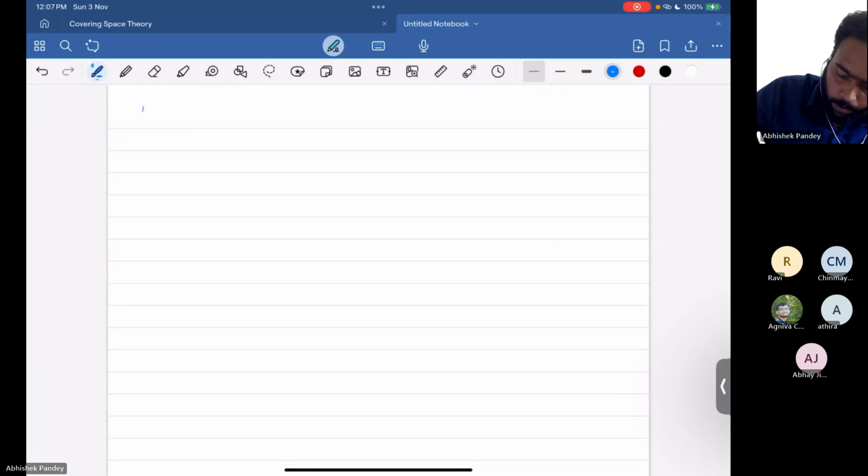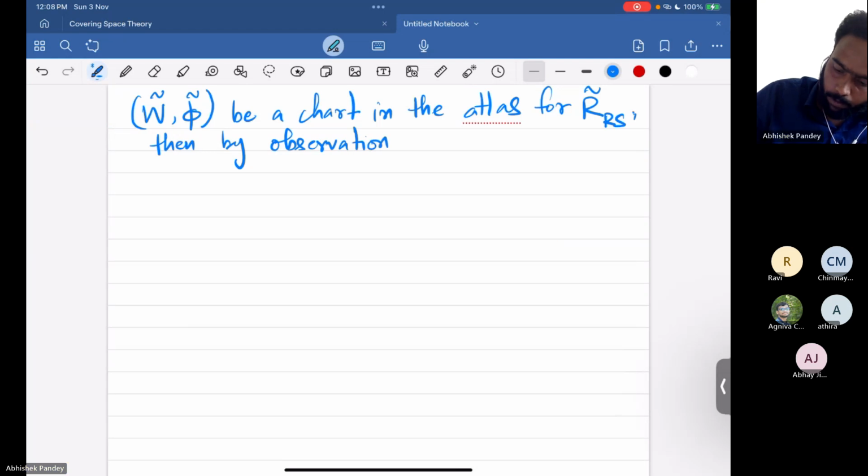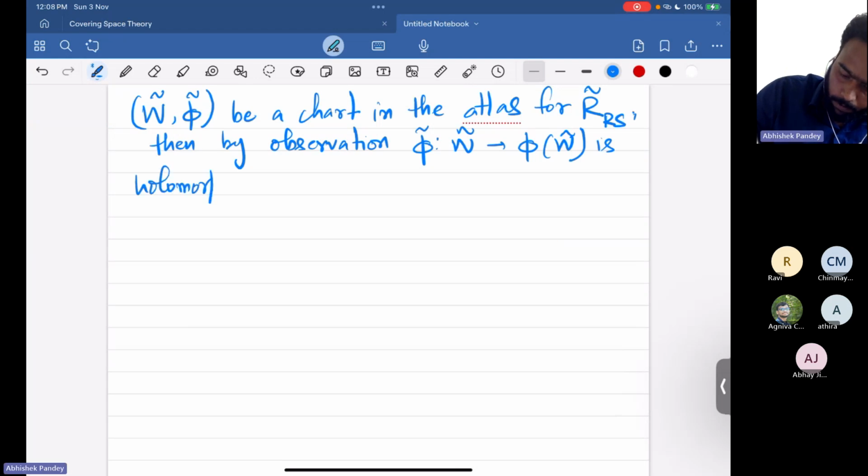So if W tilde comma phi tilde be a chart in the atlas for this Riemann surface, okay, then by observation phi tilde W tilde to phi W tilde is holomorphic, okay, and now what this will imply,